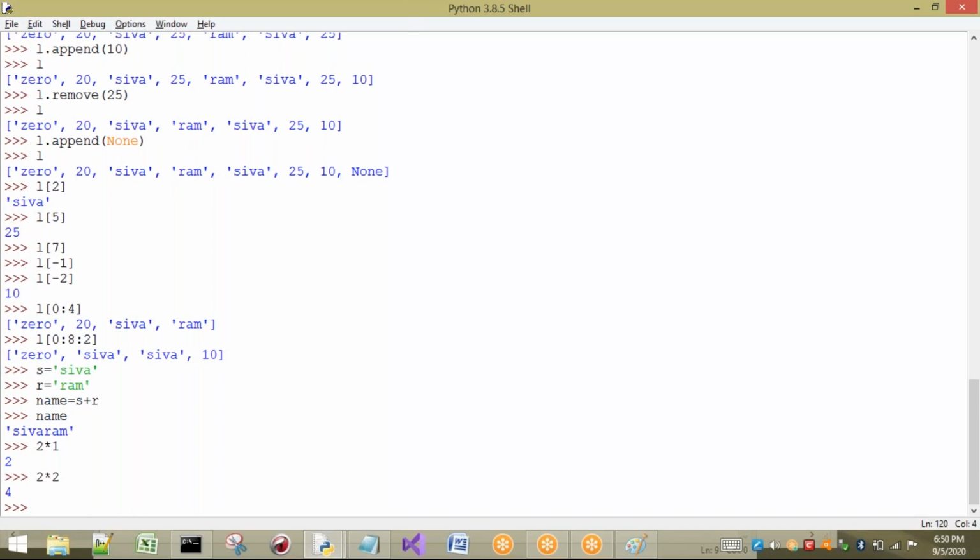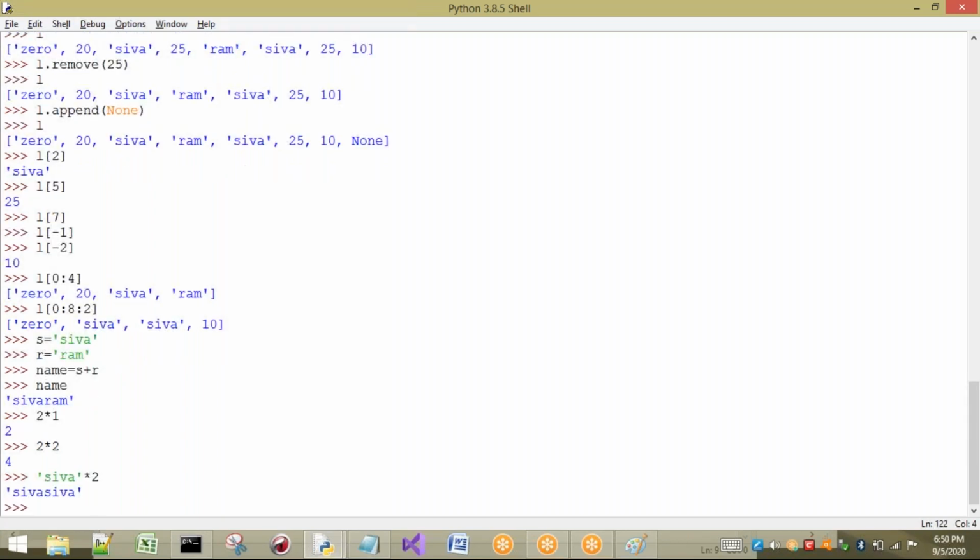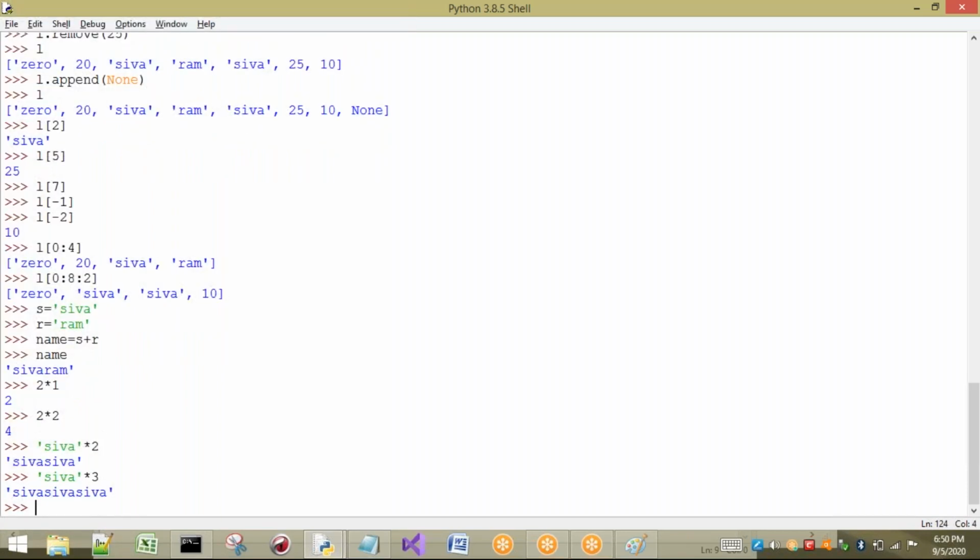In the same way, if I want to print Shiva multiple times, say 2 times, or 3 times, you can use the multiplication operator for a string, and it is going to repeat the same string multiple times.